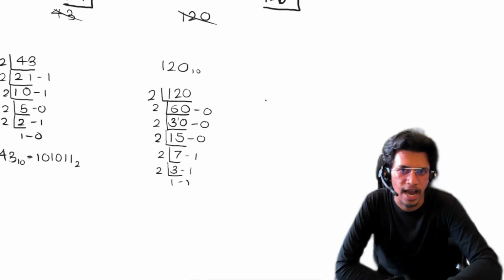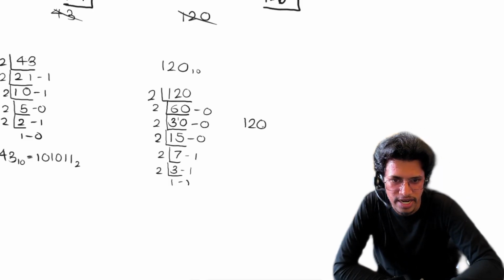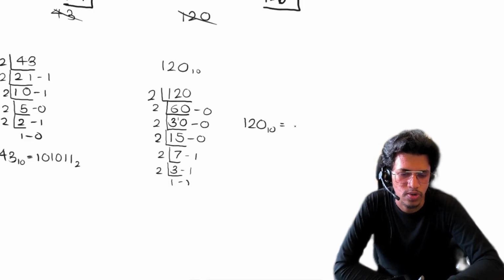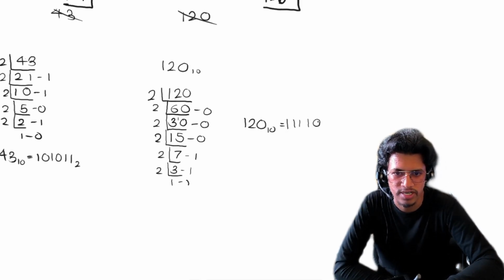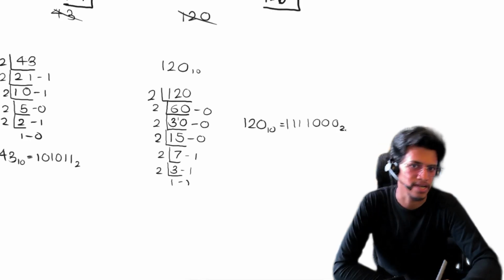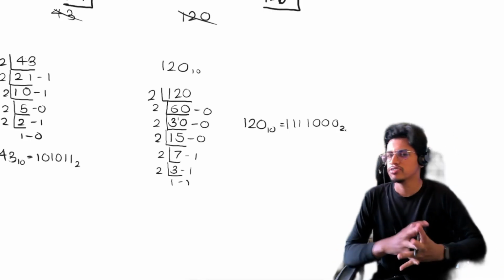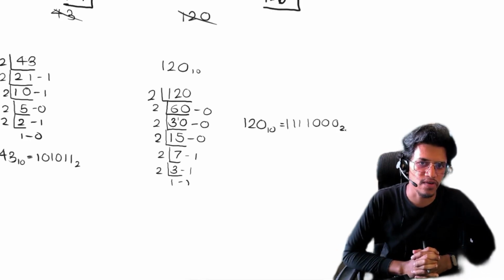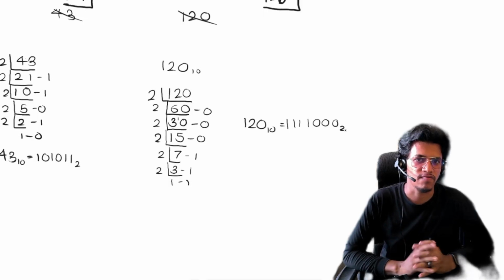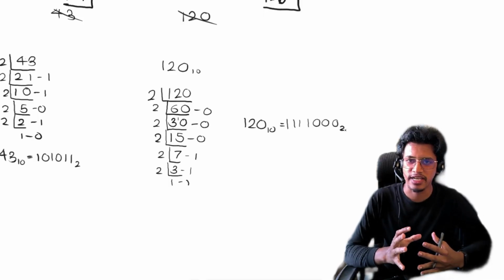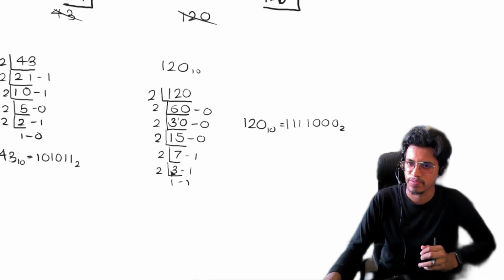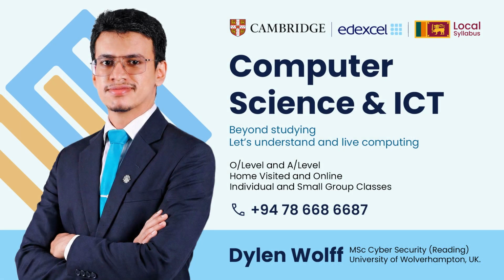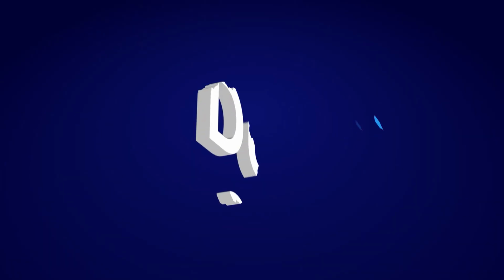So 120 denary is equal to 1111000 in binary. That is it for converting denary to binary. In the next video we'll be looking at how to